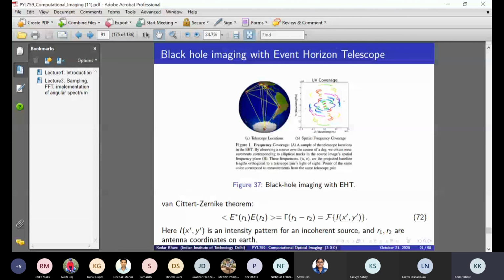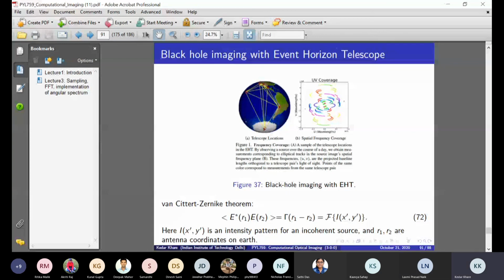So the reason why stars twinkle and planets don't twinkle is that planets are kind of close by, and so the coherence is not large enough to show these interference effects. But the stars are pretty far, and so the wavefront by the time it comes to Earth is almost like a plane wave. But why that is so, I will explain in the next class. Okay, sir. Thank you.